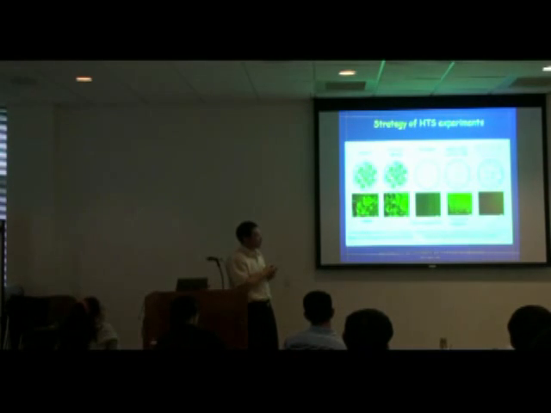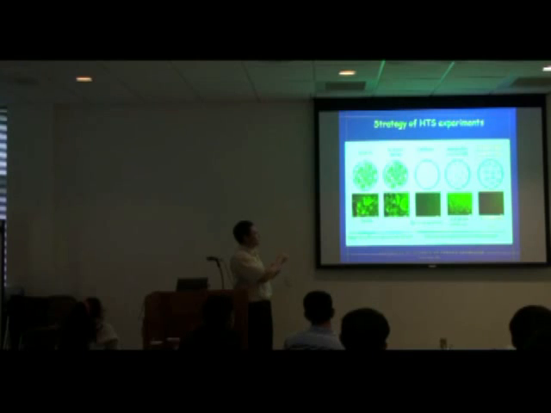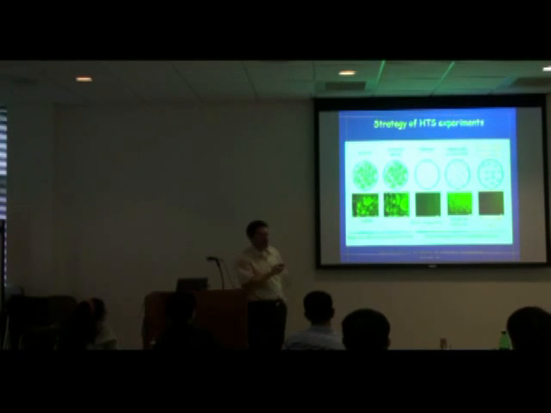So this is our general strategy. We're looking for something like this. This is the real condition, and this is just sort of a graph. In control cells, you can see a lot of green cells, as you see here. For compounds that don't exert any effect, you see something very similar between these two. And in many, many cases, compounds can induce cell death, so all the cells basically disappear. You don't see GFP, but they're false positives.